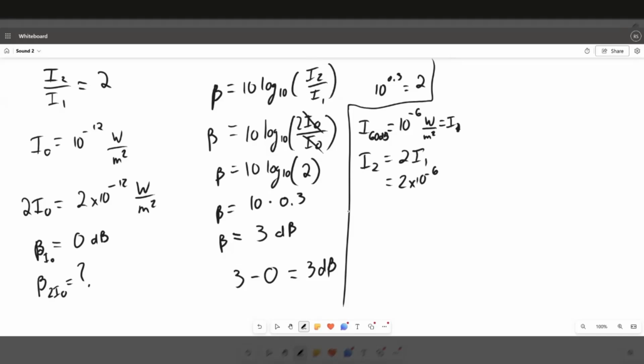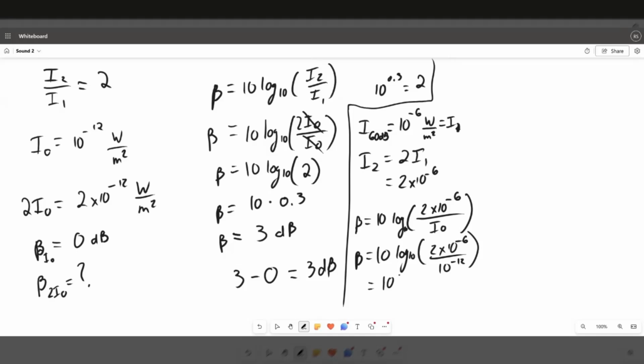Okay, so let's calculate the decibel levels for something that's 2 times 10 to the minus 6. And we have to divide that by the threshold for human hearing: 10 log 10 of 2 times 10 to the minus 6 divided by 10 to the minus 12. Okay, so that gives you 2 times 10 to the 6. So 10 log 10 of that,